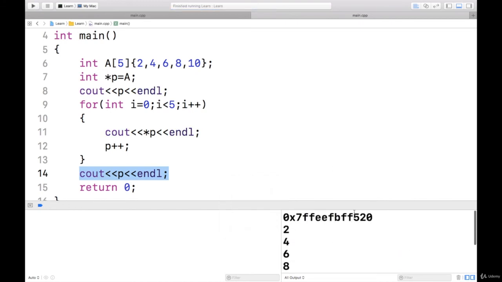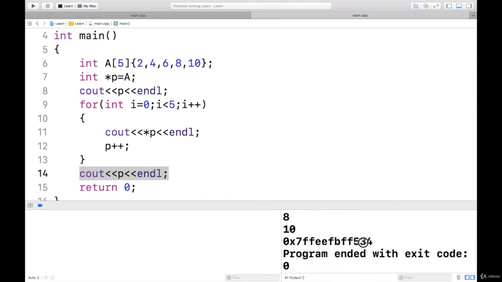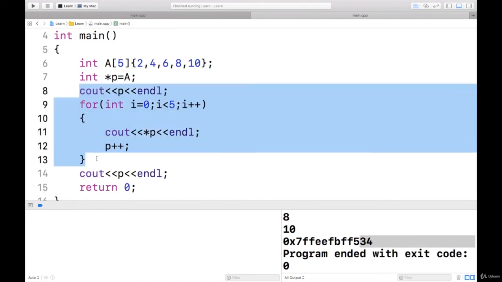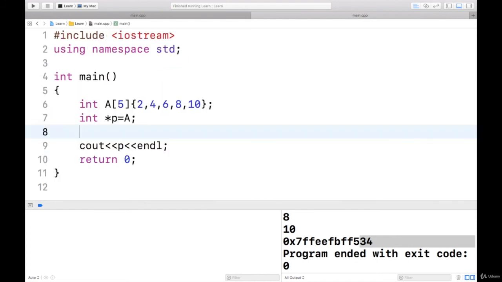See, first time I got the last two digits of an address as 20. Now the last two digits of the address are 34. So it means the pointer is not on the same place. The pointer has moved to the location outside the array, that is after the last index, because every time pointer P was moving forward. Using this code for displaying, we have seen some pointer arithmetic. Now one more pointer arithmetic operation we will see.